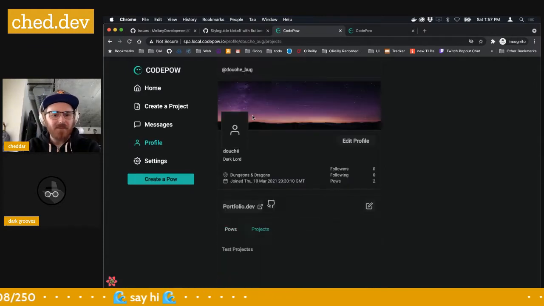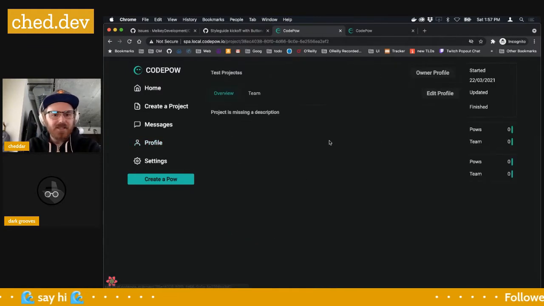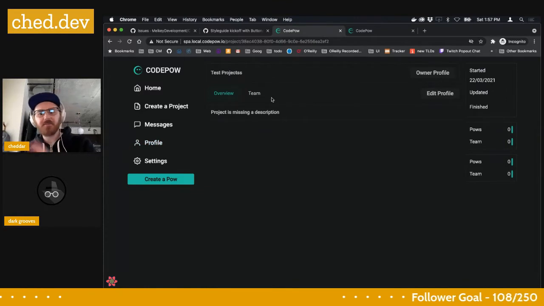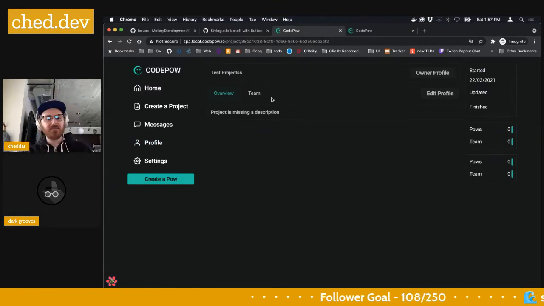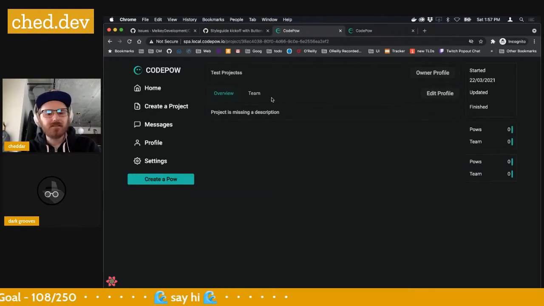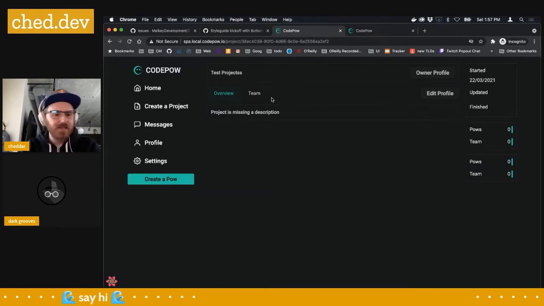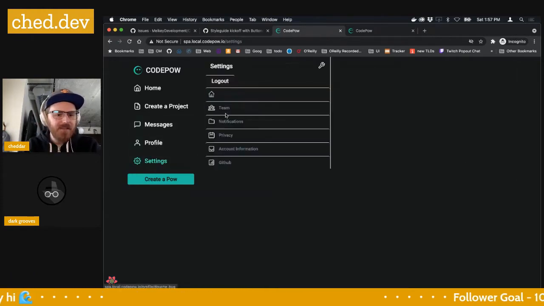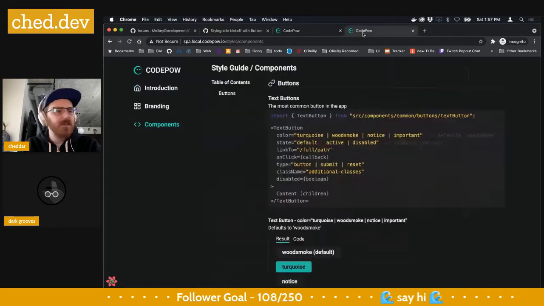I can see my POWs, my projects. A project is an interesting idea. I think you can have a project where you can get a team of people grouped in on it, and then you can kind of use it as like a home for your project information, maybe staying up to date on a project that we're all working on together. And finally, settings, which is not really done yet. This needs a lot of work. But what we're going to be looking at today,